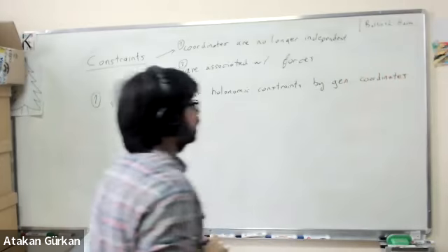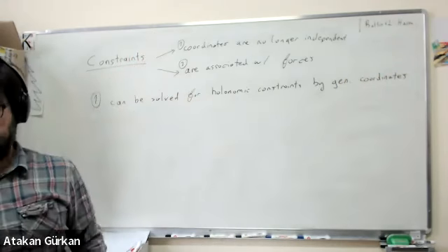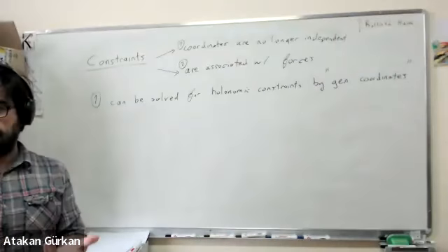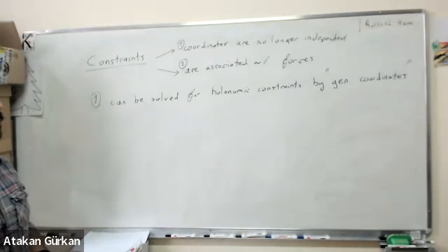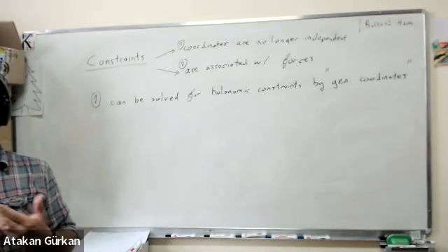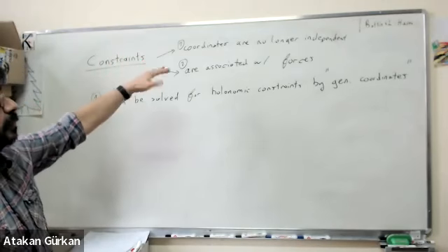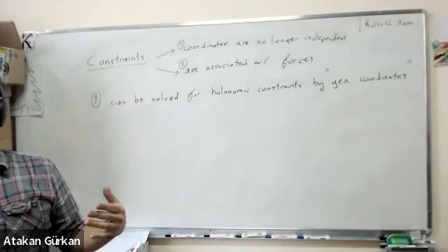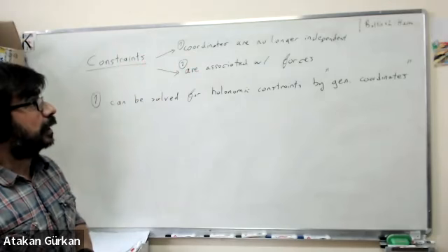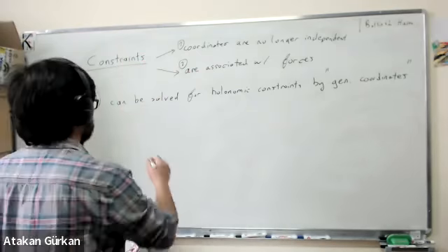In the case of holonomic constraints, you can overcome the first difficulty, the fact that your coordinates are not independent of each other, by using the so-called generalized coordinates. Now, what does this mean? Well, you have your kinematical relations, and you use these to write down a smaller number of independent variables, and those variables are going to determine your Cartesian coordinates. So when we say coordinates are no longer independent, what we mean is that the Cartesian coordinates of your particles, of your system, are not independent of each other, and you can express these Cartesian coordinates in terms of some other variables, right? So these generalized coordinates